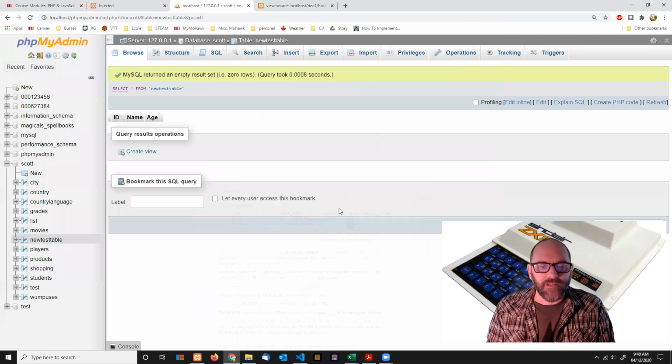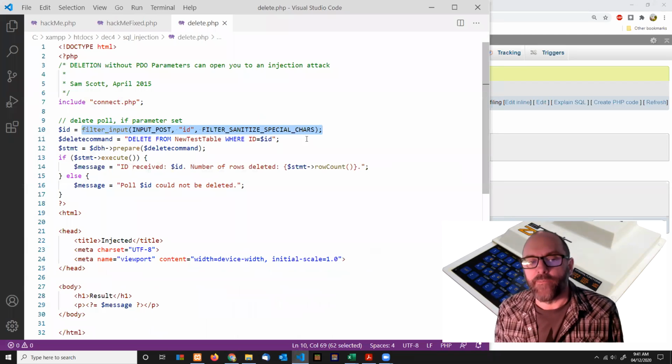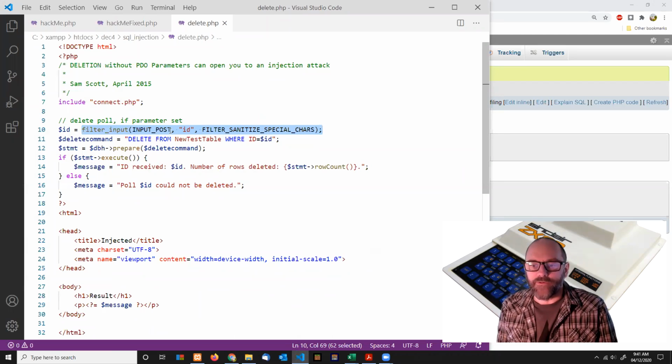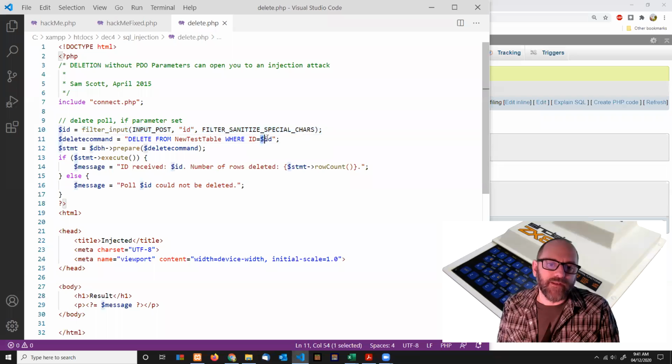If you have an eagle eye, you might have noticed that I'm not really treating the input correctly. If I had made this filter validate int, it would have returned false, and that wouldn't have worked. And if I'd done other things to double check, maybe I could have gotten away with it. But because these kinds of errors are so potentially bad, I showed you one where you could delete a